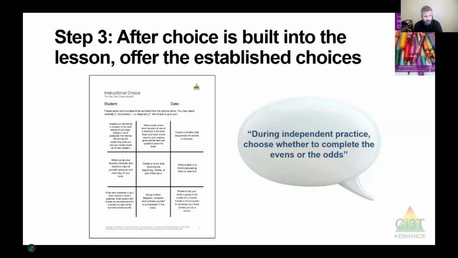This material that you're looking at here is a tic-tac-toe choice board that is a template that you can download from the website. And so this is one cool way that you can actually create a permanent product that represents the different choices that students might have during an activity. So getting creative, not just on what the choices are, but how to represent them, is pretty cool.